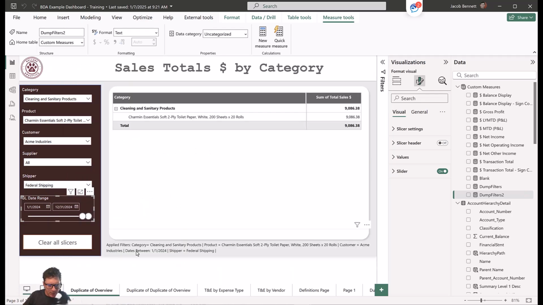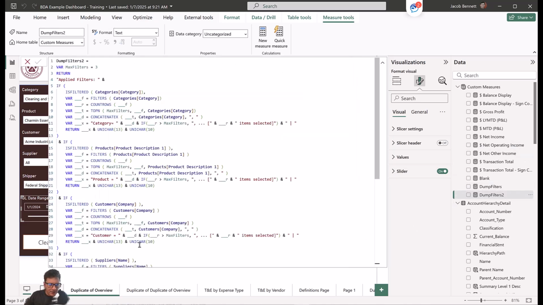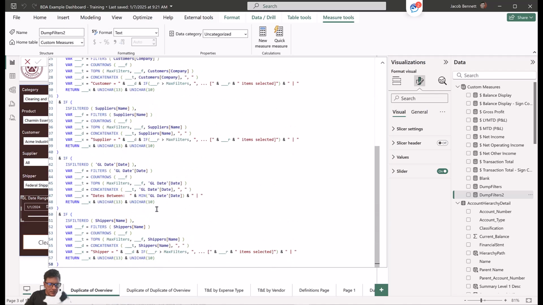So down here, you'll see dates between 1/1/24. Basically it's recognizing, because this is not part of any other visual, so there's no visual level context or anything like that, it's just looking at the context of this whole page, which is set by this filter right here, assuming there's no other GL date filters in the filter range. So I like how that looks. And so with the dates between, we're going to do